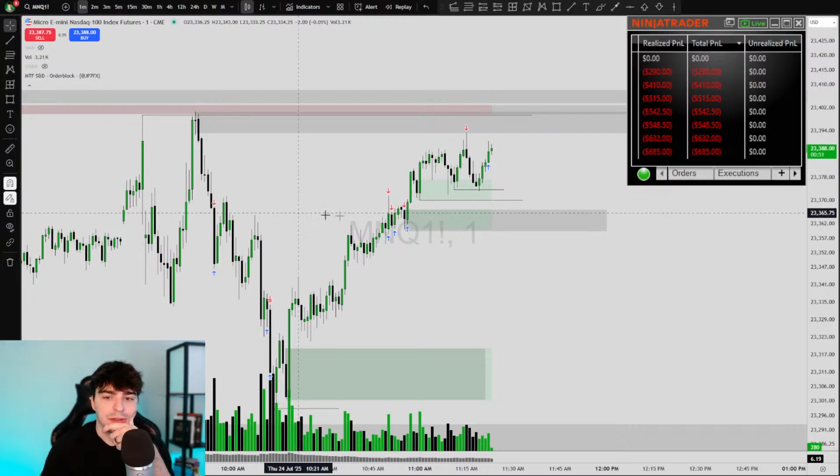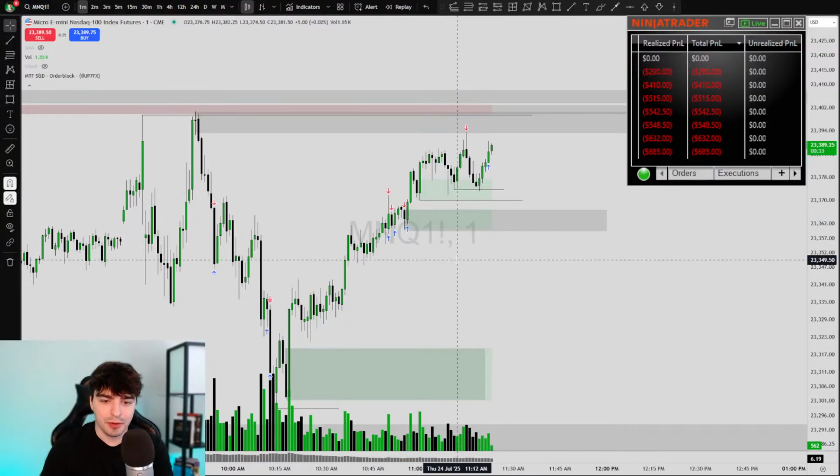Skull, the reason why I didn't trail is because I wanted to give it a little more room. Trailing would have done nothing. I would have made maybe $100. Versus if it did go, like I said, the shorts, when they move, the market will literally dump all the way down,